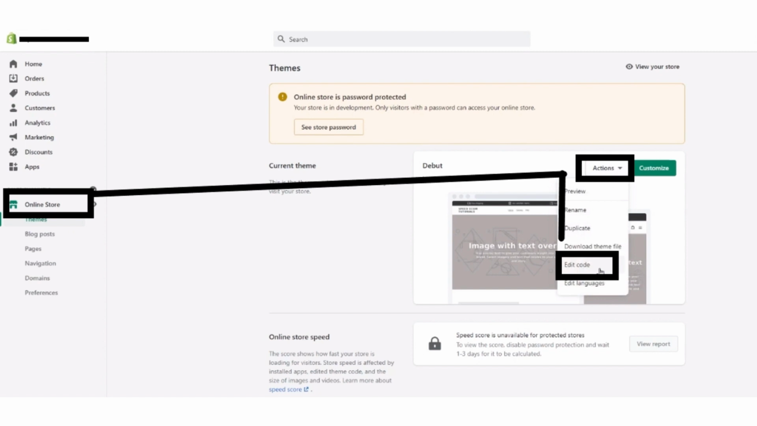First of all, you have to log in to your Shopify store, and then after logging in, go to your Shopify dashboard. Now from the left menu bar, click on the online store button. After that, click on the themes button,